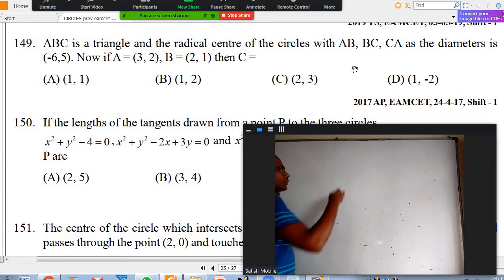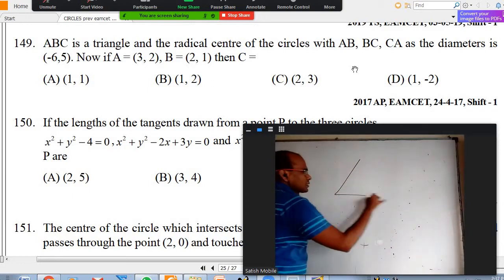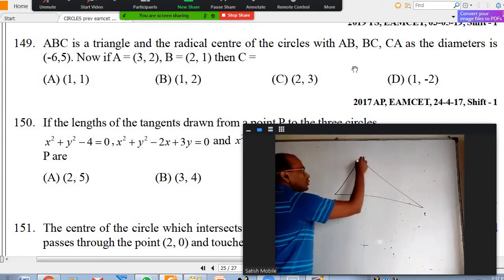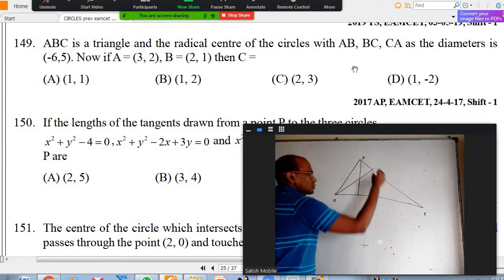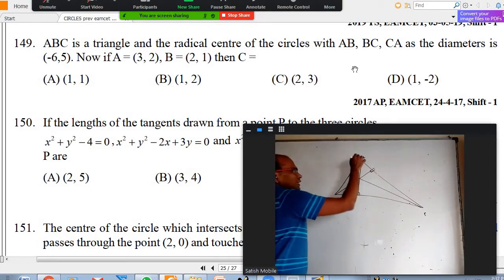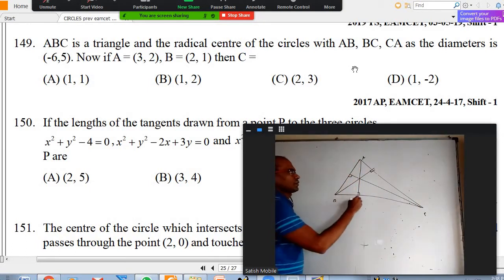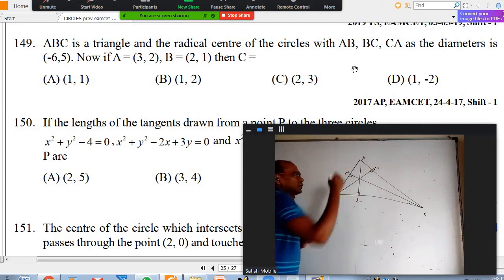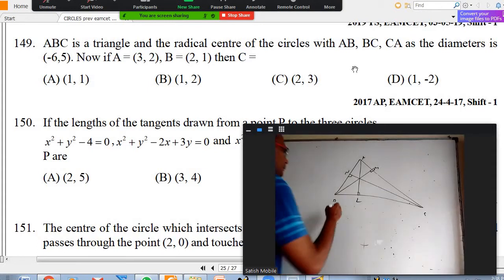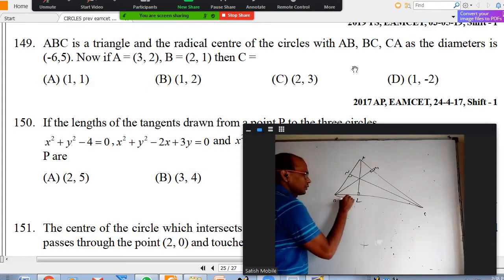Okay. If we take a general scalene triangle and draw the altitudes first, and take A and B as ends of a diameter and name the feet L, M, N, the circle with A and B as ends of diameter should pass through M and L. Okay, that will be like this.